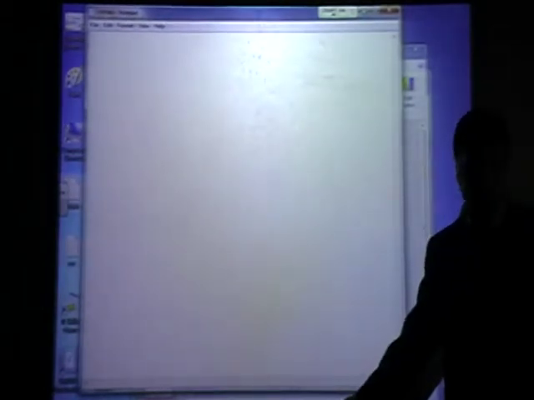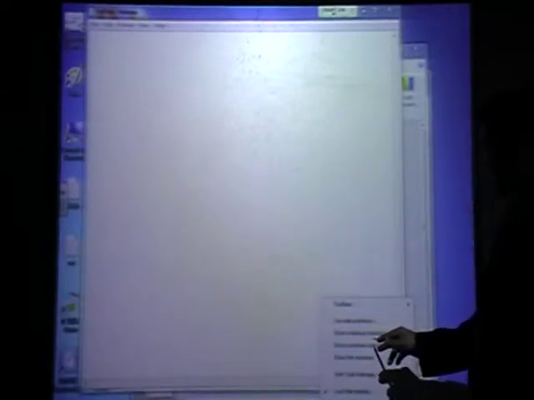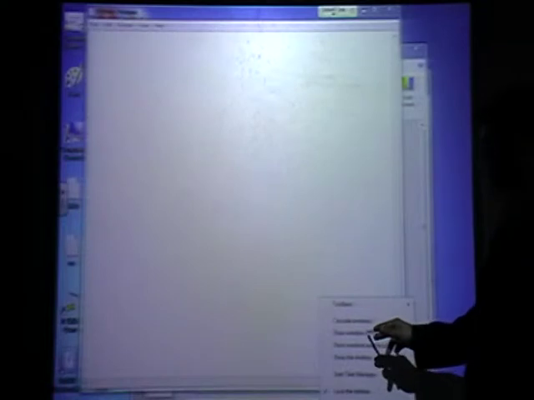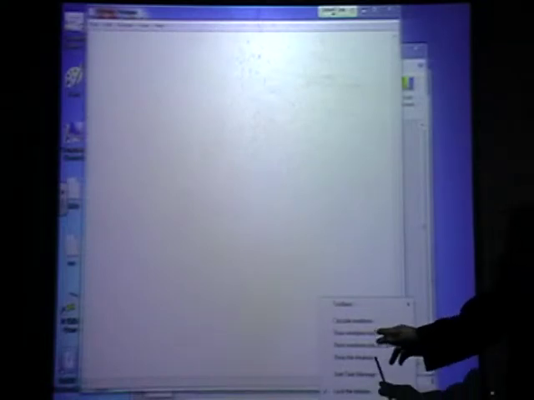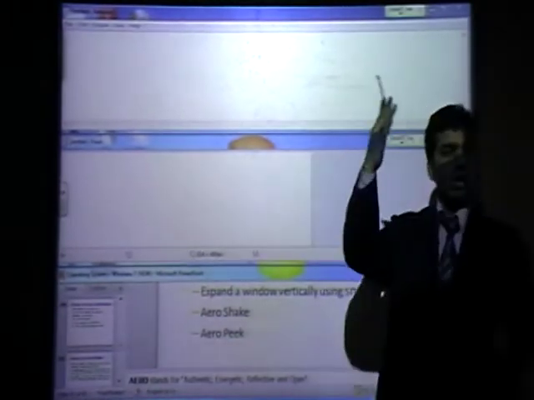Right click on the taskbar. Can you see this option? Click on show windows stacked. You can see what happens. All windows are stacked.